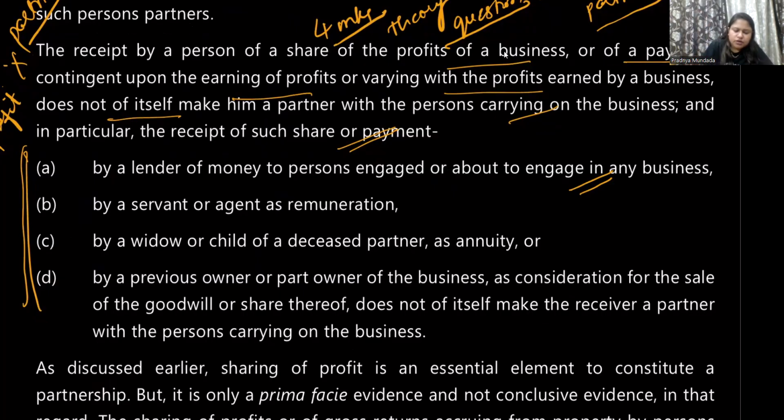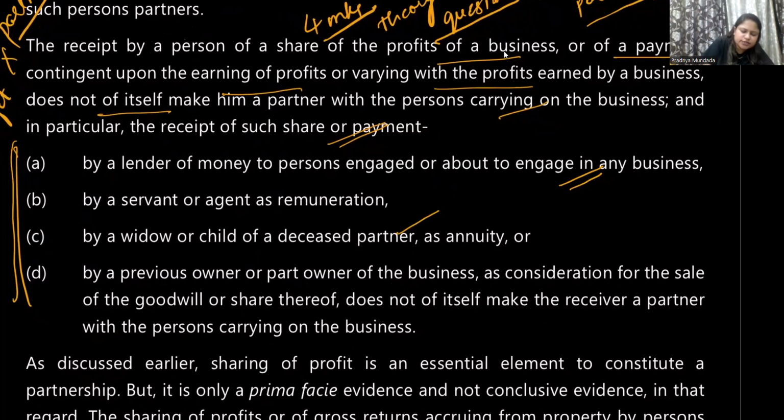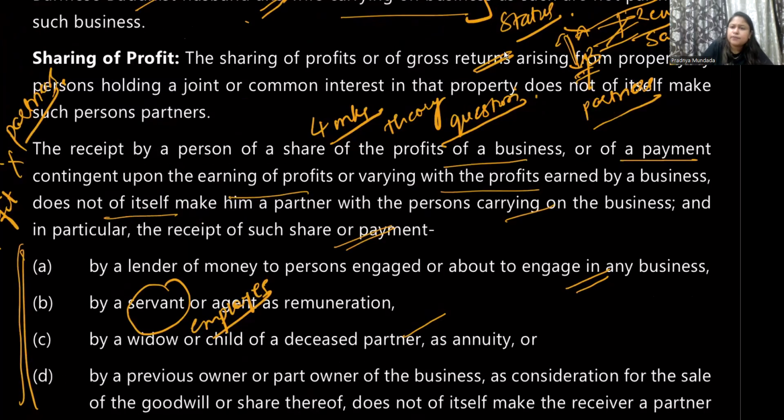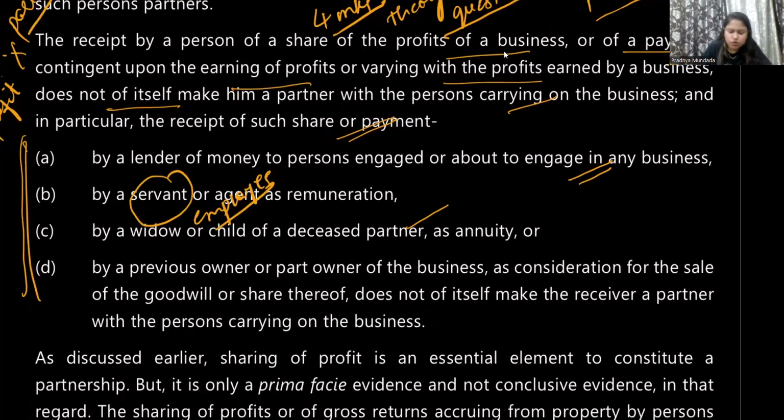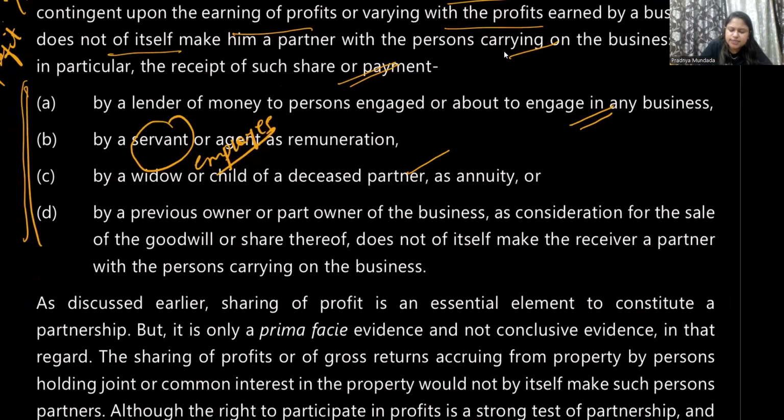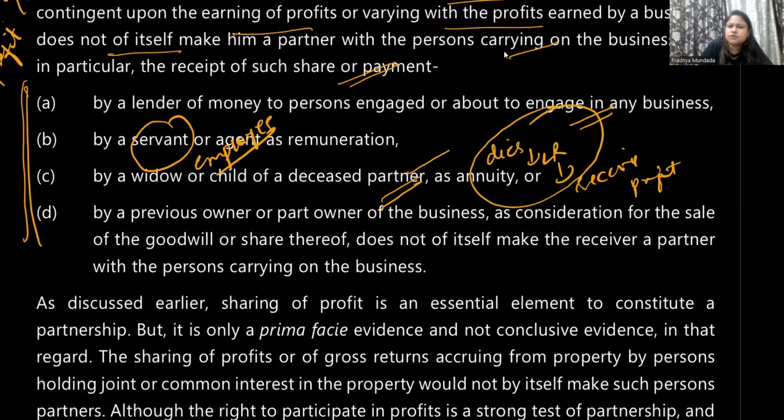No. A servant or agent as remuneration. Servant here you have to understand as employee. So employee also will get salary from where? Profits only. Agent will get from where? Sales only. So basically gross returns they're talking about, no? Sales. Correct? So will they be called as partners? No. By a widow or child of a deceased partner. So a partner dies, he is left with his LR. These people have to receive money, right? So they're getting from where? Profits. So will these people become partners? No. Correct? Then by a previous owner or part owner of the business as a consideration for sale of goodwill